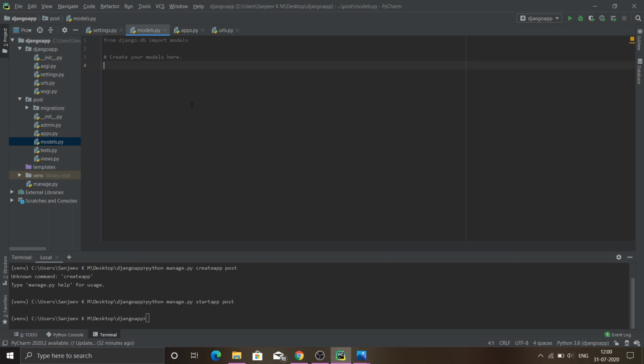Since our post table contains title of post, content, author, date created, each of these different fields can be passed as an argument for our child model. So let me first create our child. We can name this as just simply post. That's enough. And now I am extending this model into our post.